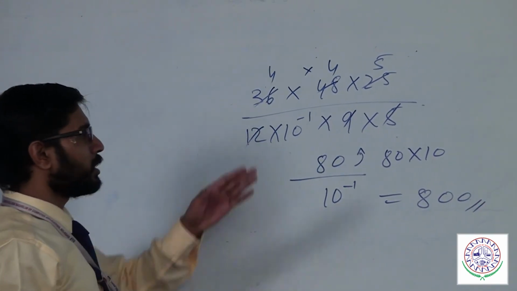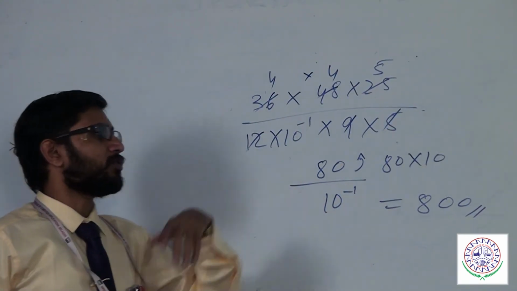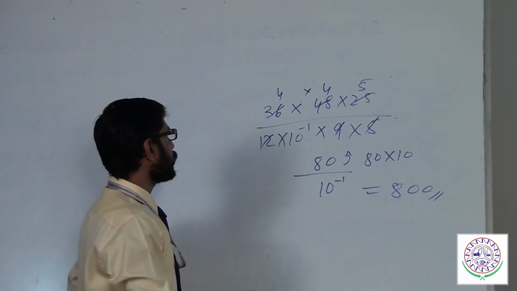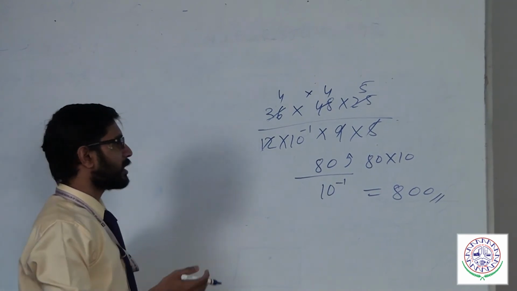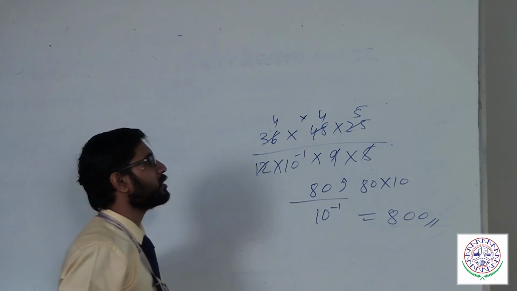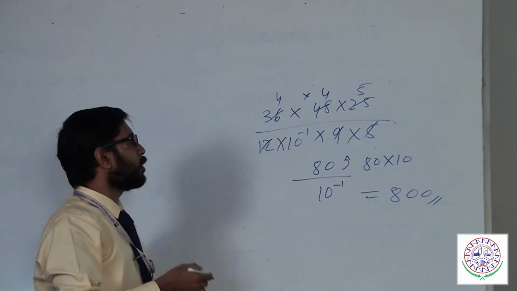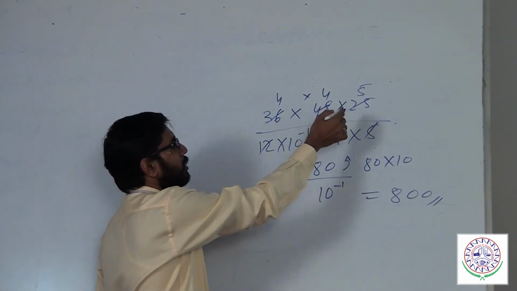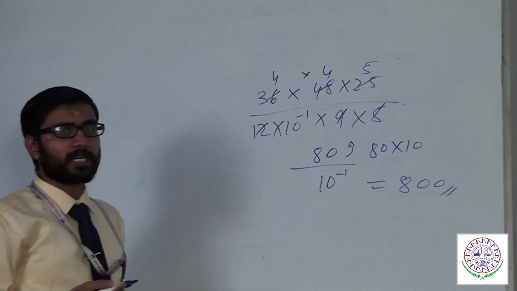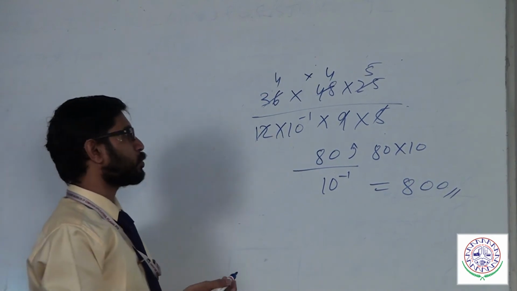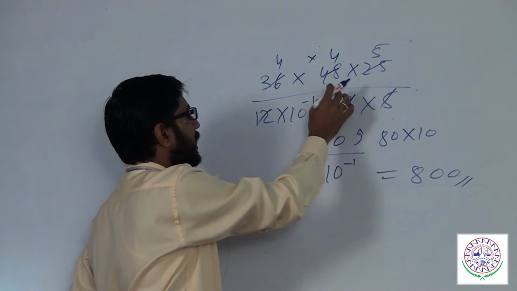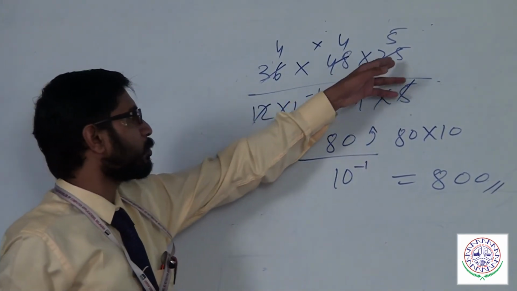Dividing by fractional values will be very complicated. To avoid that, try to convert in terms of 10 raised to minus 2. For example, I wrote 48 by 9 because 0.48 is nothing but 48 into 10 raised to minus 2. Similarly, 9 is nothing but 9 into 10 raised to minus 2. So the 10 raised to minus 2 terms cancel, and I can write it as 48 divided by 9. Similarly for 25 and 5.